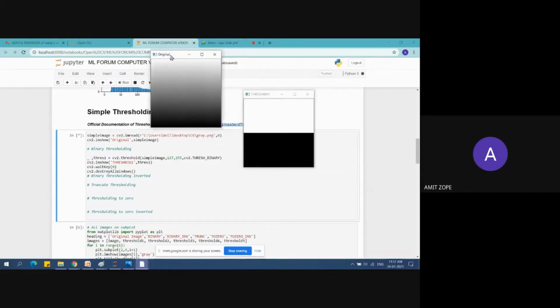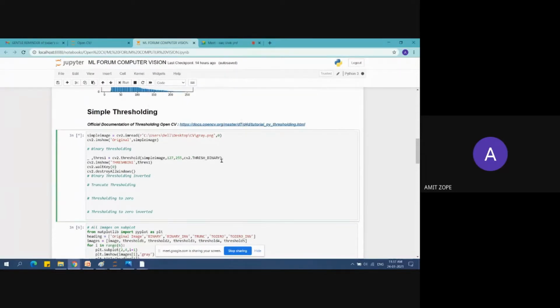Whatever the pixel values less than 127, this function has set to 0, and whatever the pixel values greater than or equal to 127, it has set to 255. This is what this function had done here.